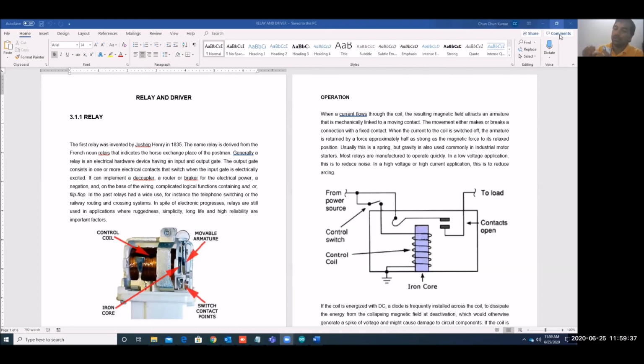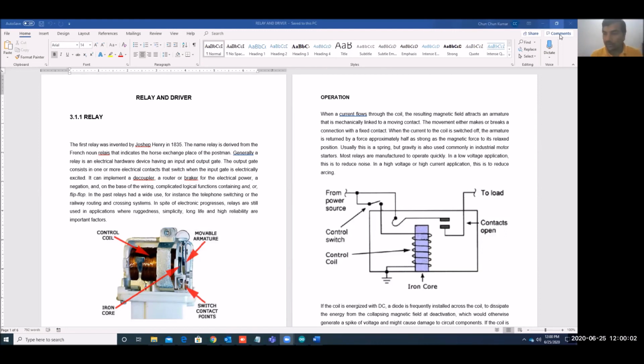Okay, so I have one input. That input I can connect to pin number 2 of the relay. Okay, so now you can see the relay gets power. Okay, and now we have to trigger this relay on and off. So what we can do, we will write a program to make the relay on and off.